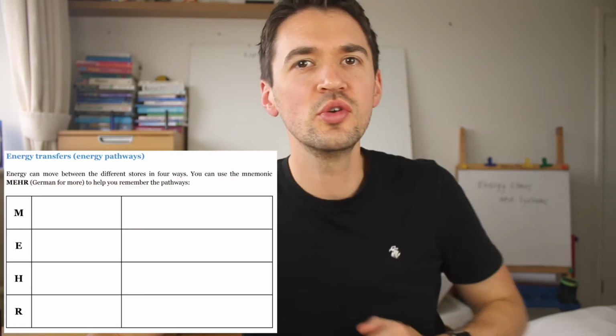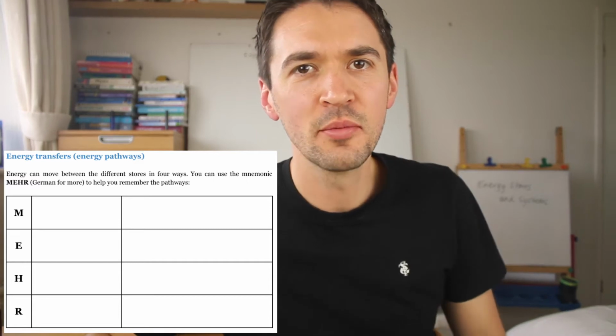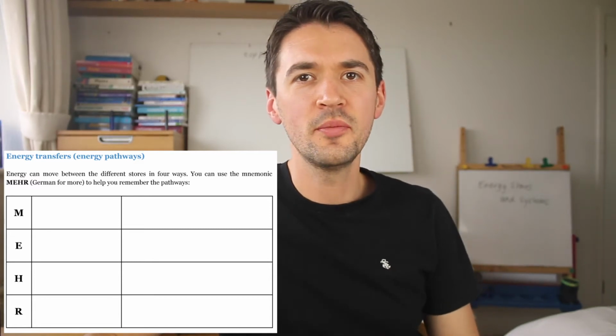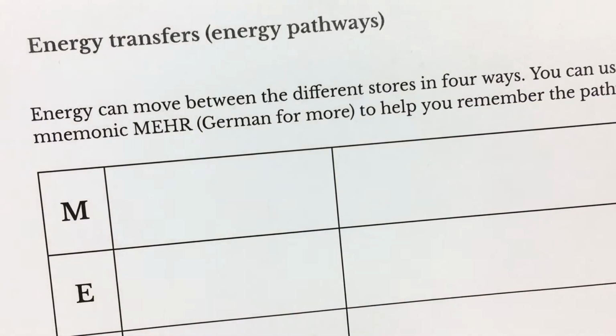And now we're going to have a look at the methods of transferring energy from one place to another. There's only 4 of these, so let's learn this next. Let's look at the 4 ways of transferring energy, sometimes referred to as shifting energy from one store to another. So we're going to use mehr, as in more in German, to help us remember this, M-E-H-R. So more, or mehr in German, is the way to remember the ways of transferring energy from one store to